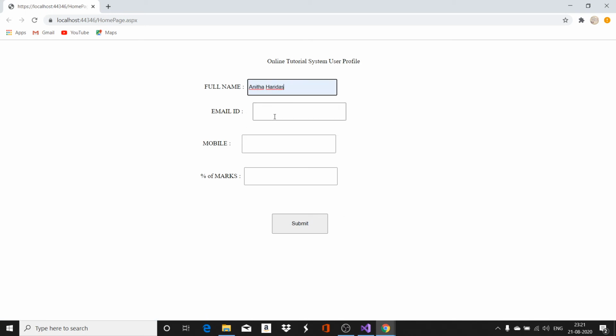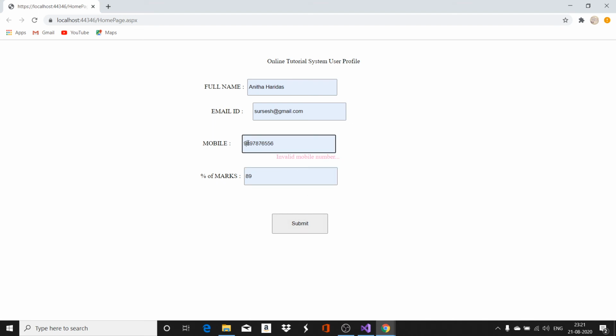Okay, enter your name. Entering an invalid email ID, it will say enter valid email ID. So I am going to enter a valid email ID. Enter this number, which is not 10 digits, so it says invalid mobile number. So delete it and enter a valid mobile number. Enter valid marks also.